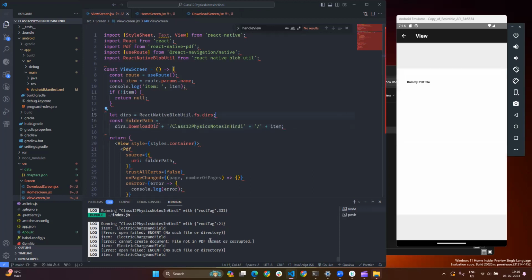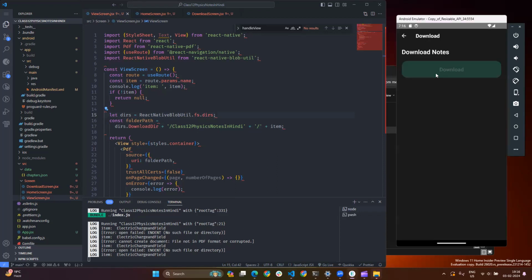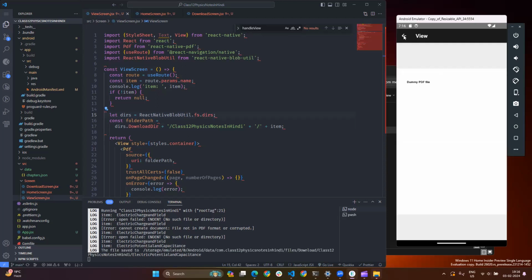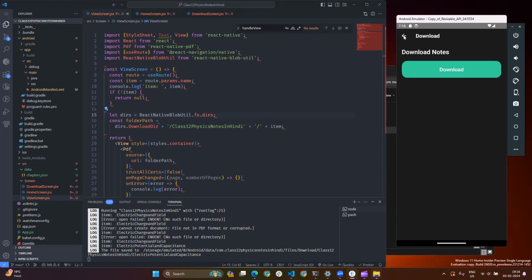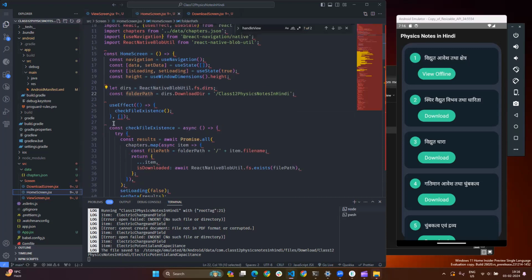Now we can see it's sorted. Sorted, man. Now let's click on it. Now click on download. It just started downloading and it's viewable. Awesome, awesome, awesome. So we have downloaded this file, but we can't see the download button. So let's make it also. Oh,